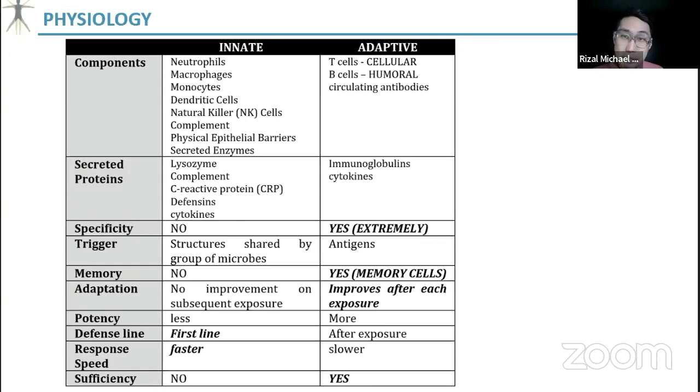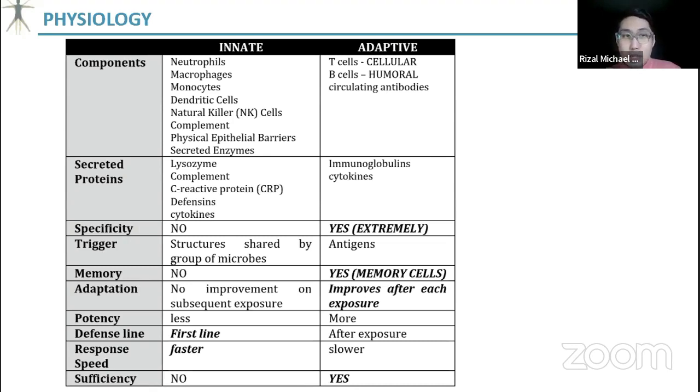The innate versus adaptive immune system. Innate immunity, guys, andyan na siya sa katawan mo, no? Ready to fight na siya. So mabilis ang action niya, first line siya. However, since nandyan na siya, kahit ready siya mag-fight, hindi niya kaya totally i-fight yung agent. No? That's why you have the adaptive immunity. The adaptive immunity is capable of producing memory cells and capable of adapting para sa next time magkaroon ka ng exposure, mas potent na yung pagpapatay sa organism or sa substance na nagtitrigger ng immune system mo.